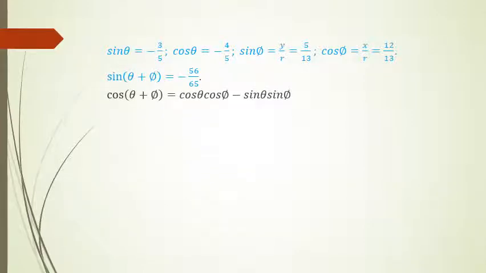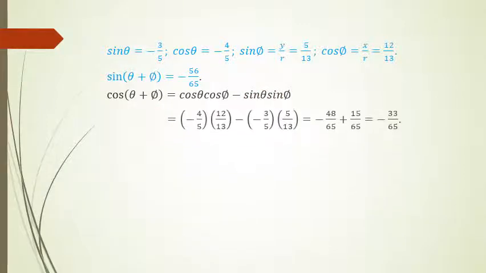Writing down the compound angle formula for cos(theta plus phi), that's cos theta cos phi minus sine theta sine phi. Making the substitutions. Cos theta is minus 4 over 5. Cos phi is 12 over 13, minus sine theta, which is minus 3 over 5. Sine phi is 5 over 13. And simplifying,